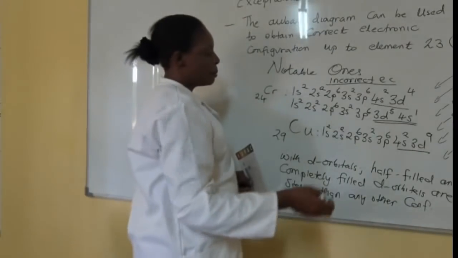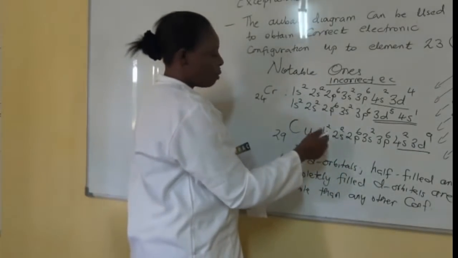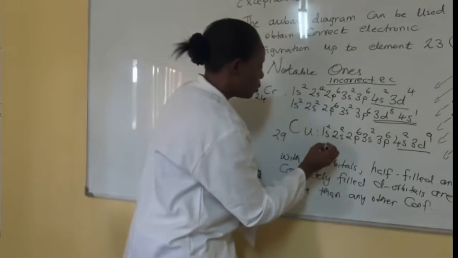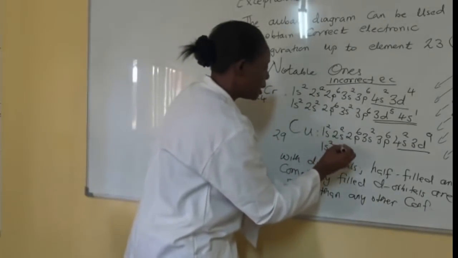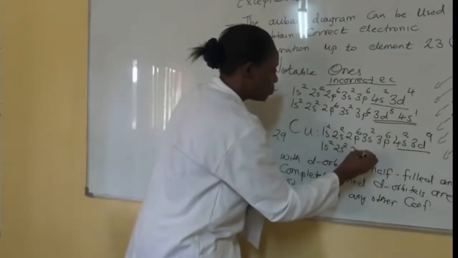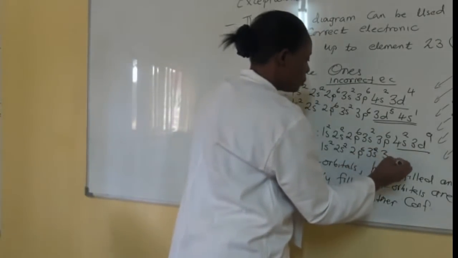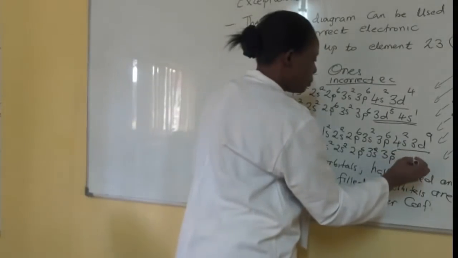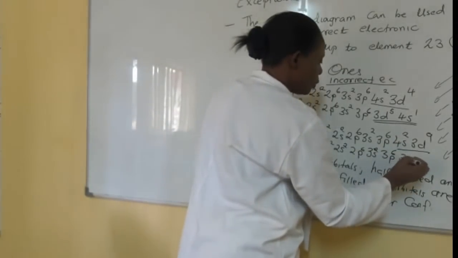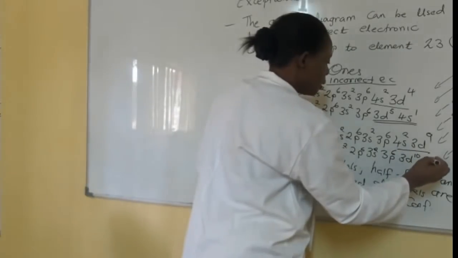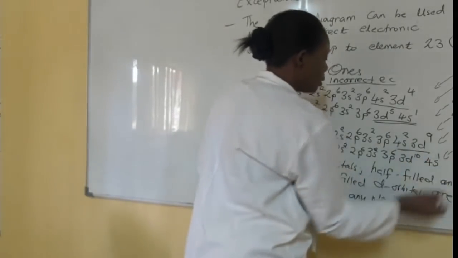Okay. Then the copper configuration will also appear as follows. So it will be 3d10 and 4s